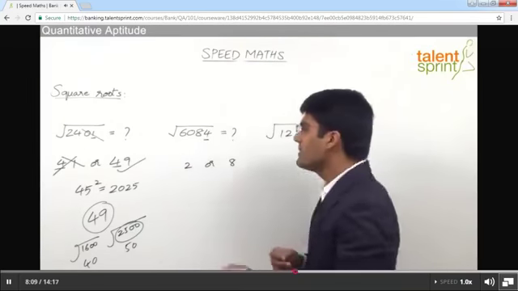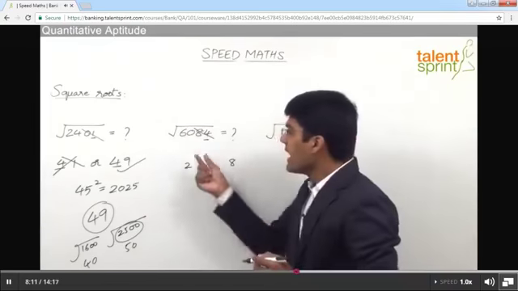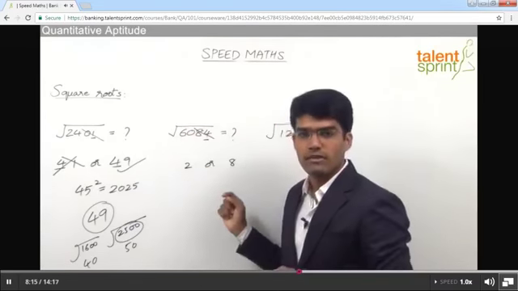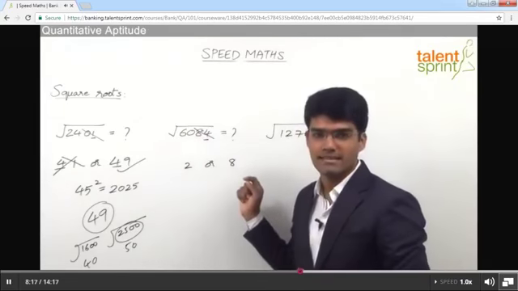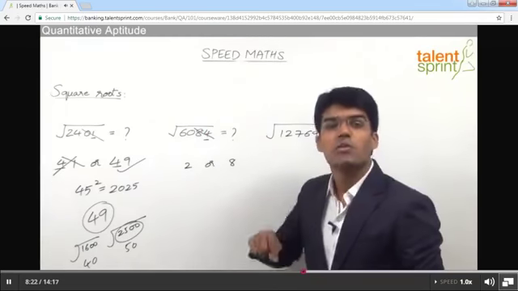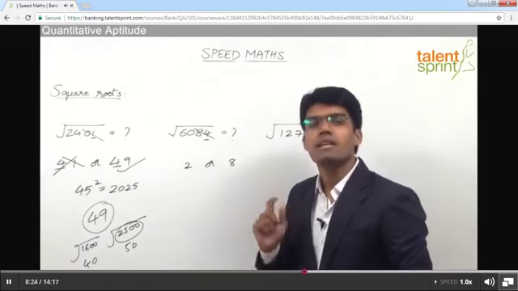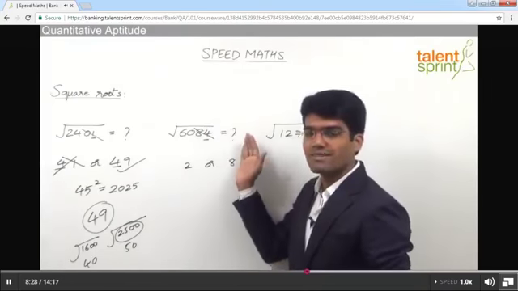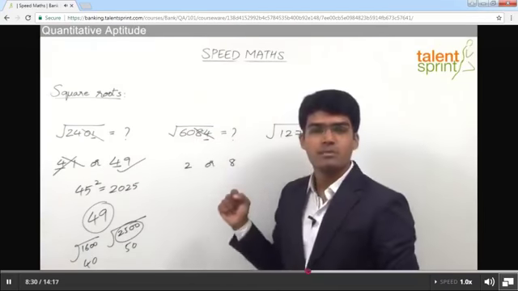Now the second step here is to leave the last two digits and find out a number which is less than 60 and a perfect square. And remember, it should be immediately less than 60. So what is less than 60 and a perfect square? It is 49. Why? Because 7 square is 49 and 8 square is 64. It is more than 60. So we want something less than 60. So 49 should be considered.